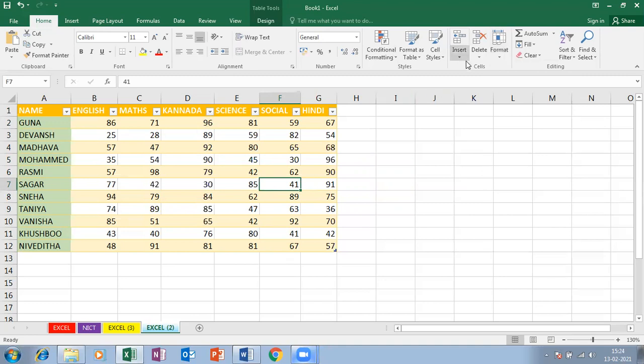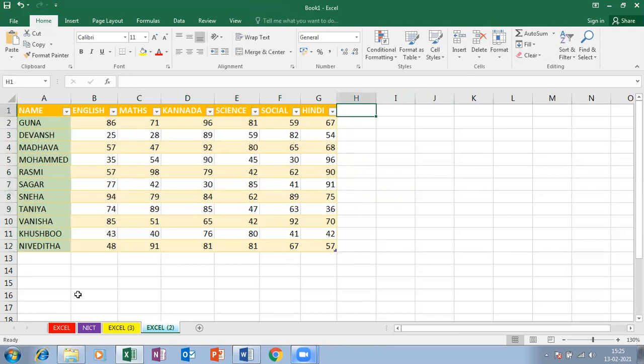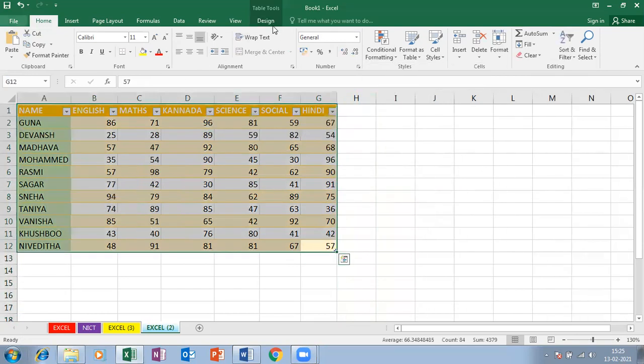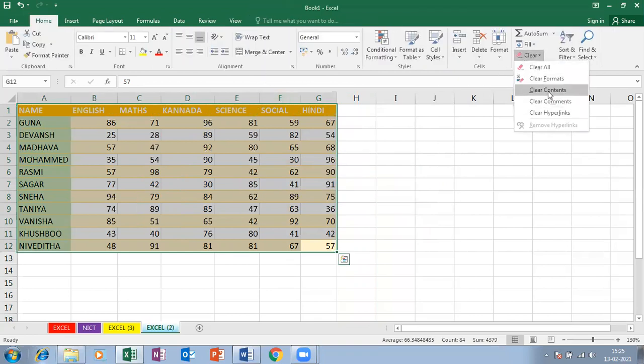And next we are going to do auto sum, fill, clear. So just select this range. For this particular range, total, and then we are going to see convert range, clear formats.